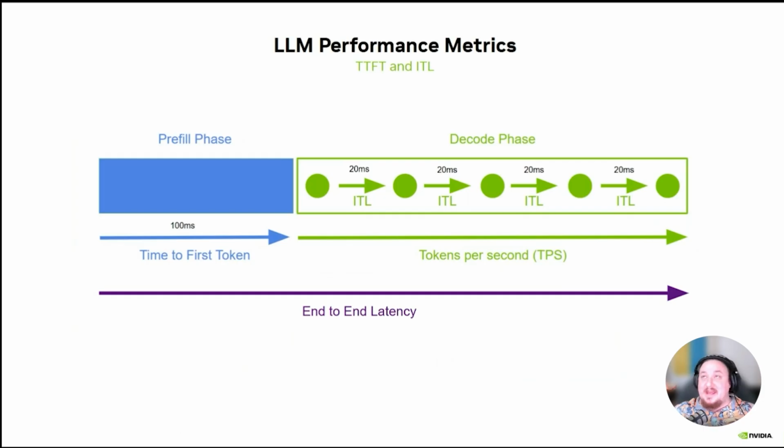Why is this important for agents now? Well, remember when we have two agent systems communicating with each other, the faster that they produce tokens, the faster that they can communicate, right? So all of this stuff we're going to talk about today very much drives how efficiently and effectively our agent systems can work. And we're going to talk about a little extra reasons why as we get into the more Dynamo specific slides. But this is the overview of